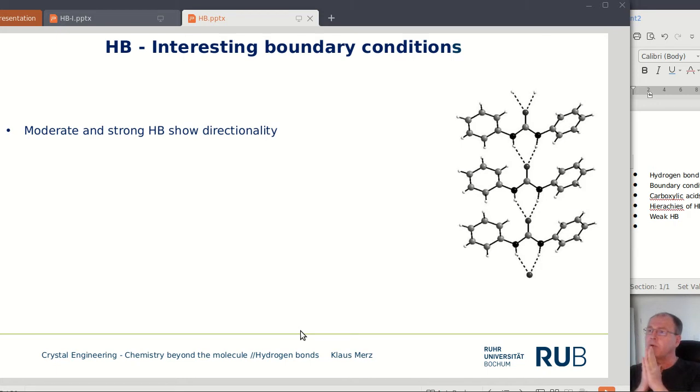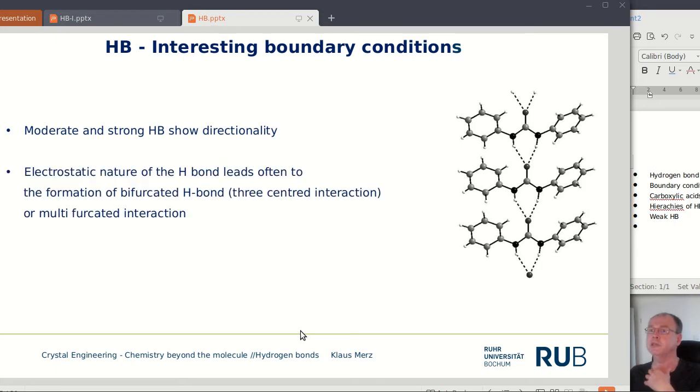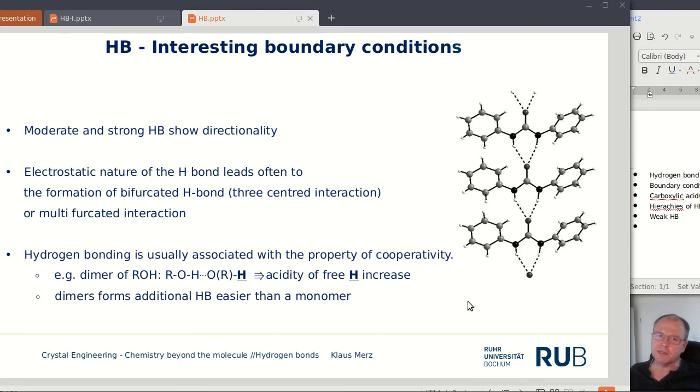The second point, talking of boundary conditions, is that very often, as I have shown, we are not only talking of one-point hydrogen bond; very often we use two points, something like this. And very often we have something like this here, a bifurcated hydrogen bond, three-centered interaction. It's very often found, so multi-forked interaction. And very strange, and sometimes helpful to understand crystal structure, is the fact